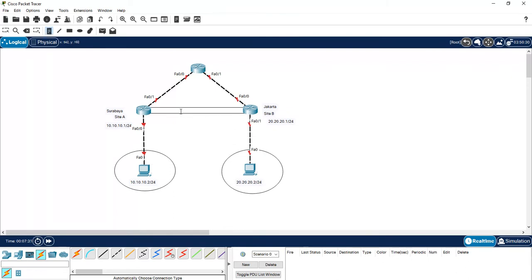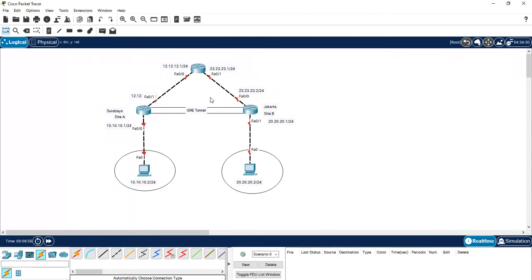Here is the GRE tunnel. And this interface connected with router 2 is 12.2, and this 12.1, and this 23.1, and this 23.2.